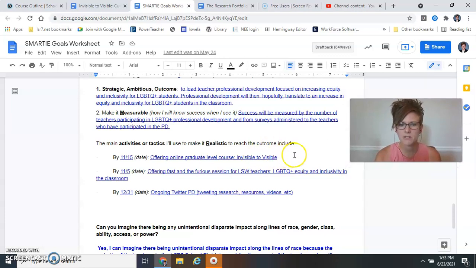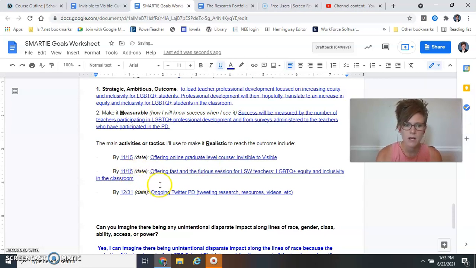the main activities or tactics I'll use to make it realistic. So then I gave myself dates. By 11/15, I wanted to make sure that I was again offering this particular graduate course, and this should be a 15 here as well. By 11/15, offering Fast and Furious PD sessions for Lee Summit West teachers. Which I did, and then I got the surveys from that so that I could help measure the impact,